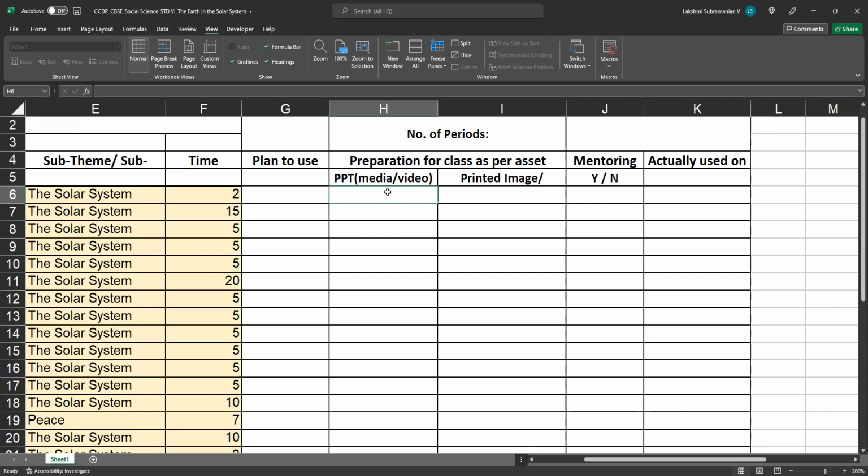And again, when you are playing a video, the video could be just 3 minutes, but you don't just play the video and switch off, right? The video will follow, right? So rather, a question answer session will follow the video. You may prepare some questions, right? Even if the children do not come up with the questions,